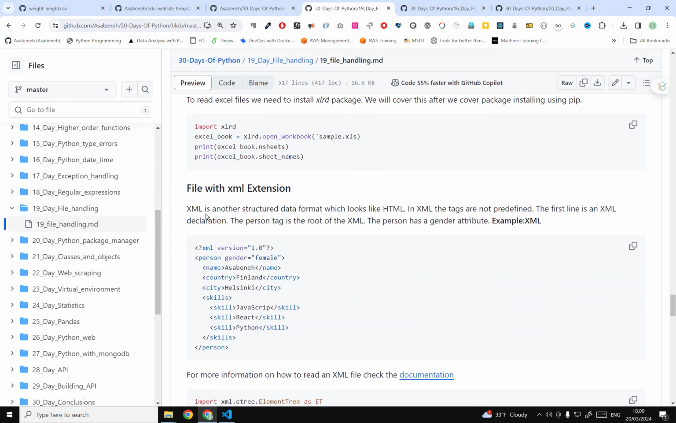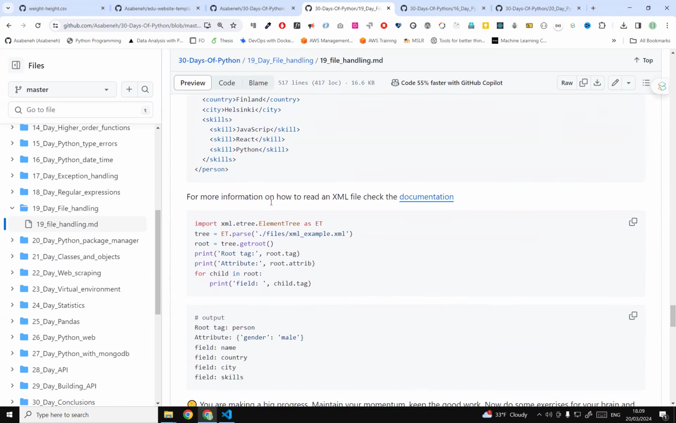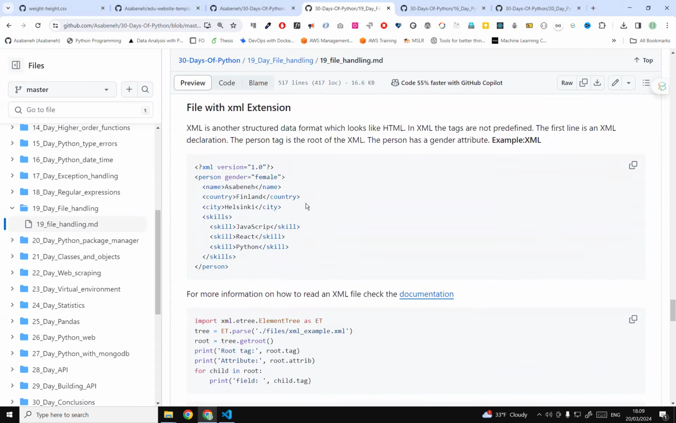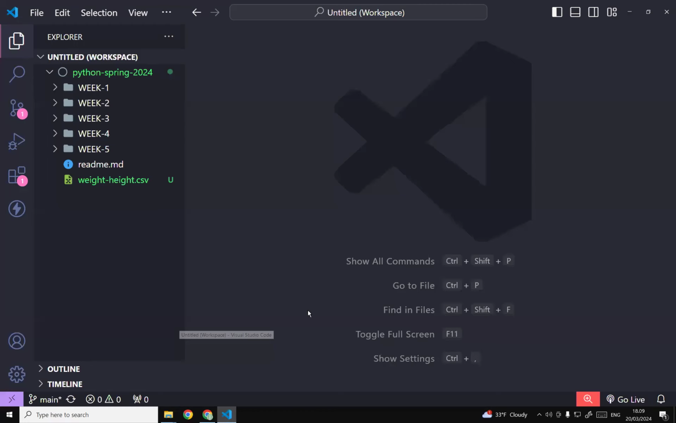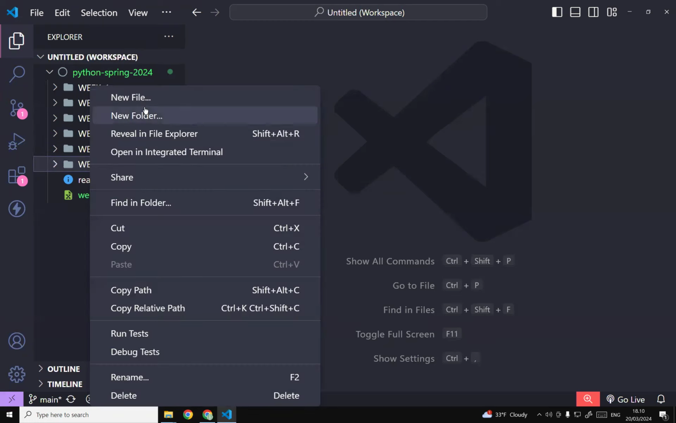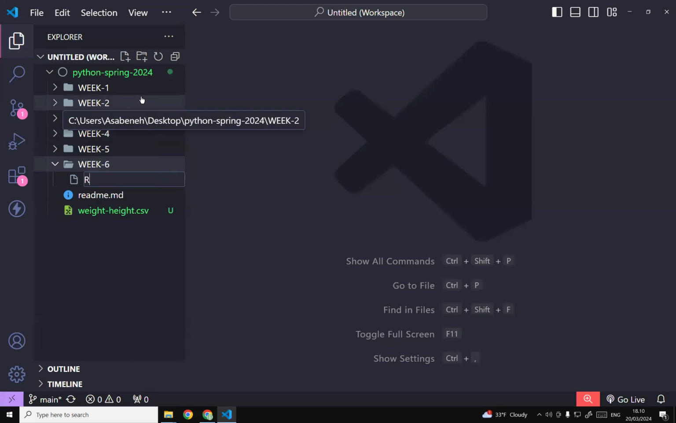And then at the end, XML. XML looks like HTML, but it's a bit different kind of data format. So let's go to Visual Studio Code and start the day. We can create week 6, it's 6 actually. And then I call this one reading file. So I can just write reading file dot